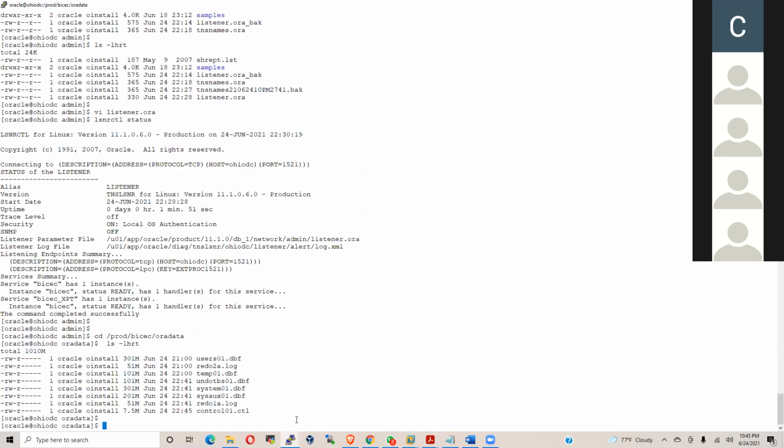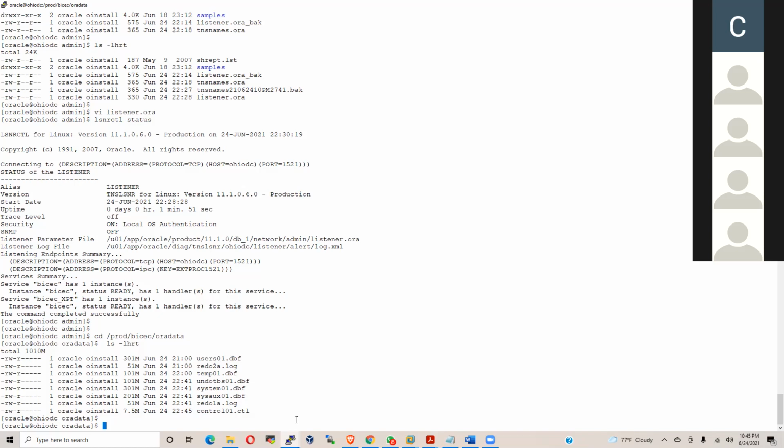See, this is what happens when we create a database manually. We can see and understand what the .dbf files are. They are data files. Next, there is the .ctl file, that is the control file. Next, there is .log, two redo log files. So this is what a database means. What is a database? A database means a combination of CRD files: control file, redo log files, and data files that you have created. So when you are reading it and typing it, it will stay in your brain.